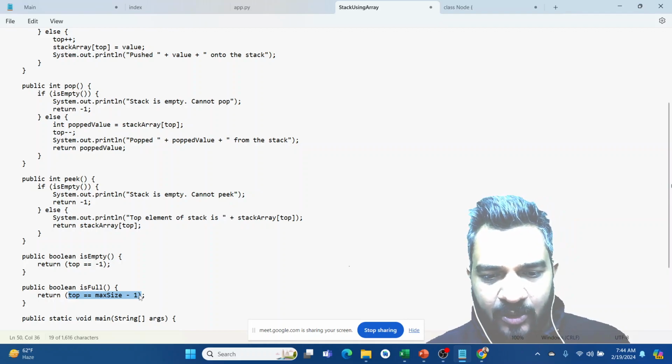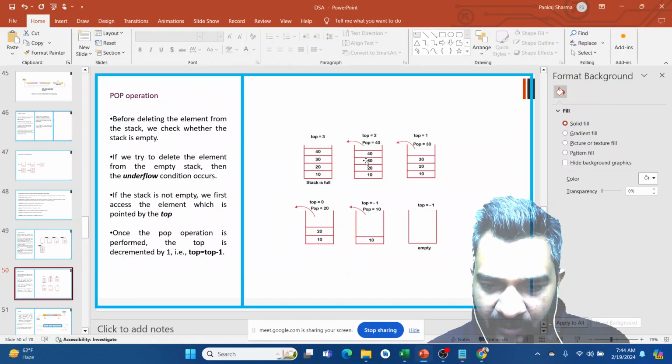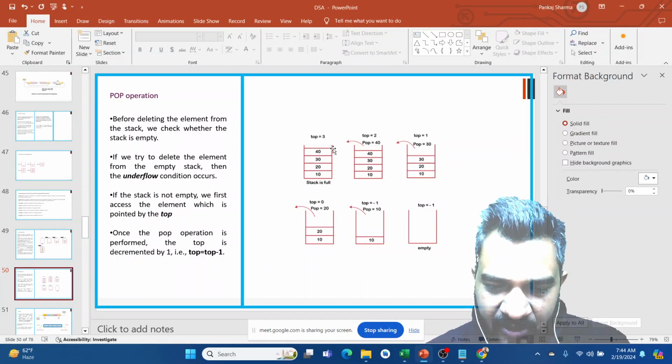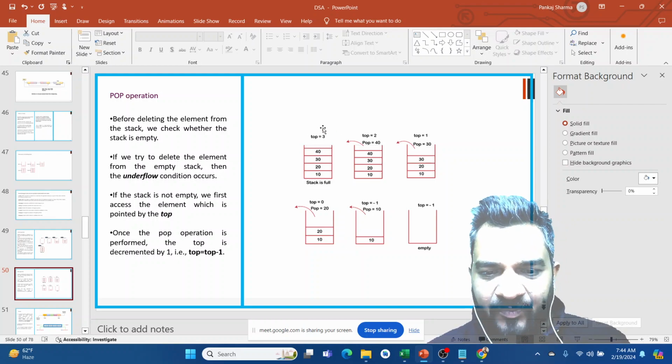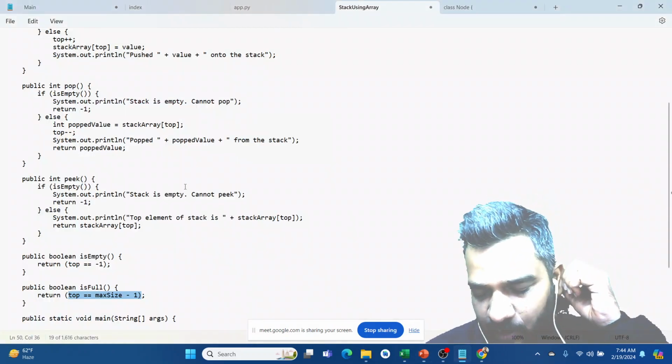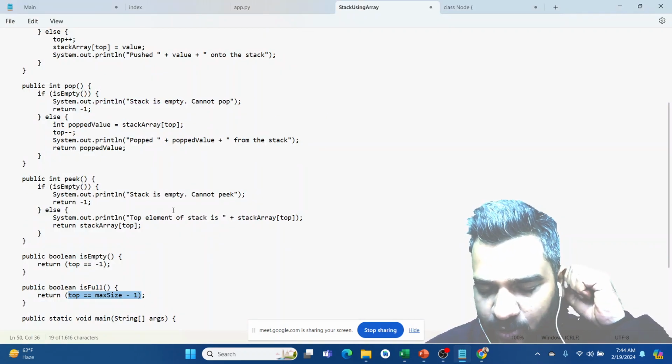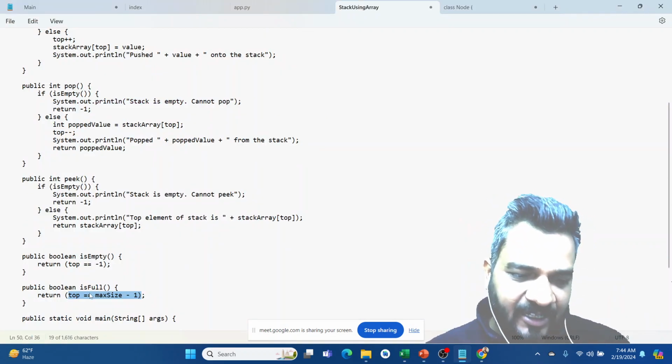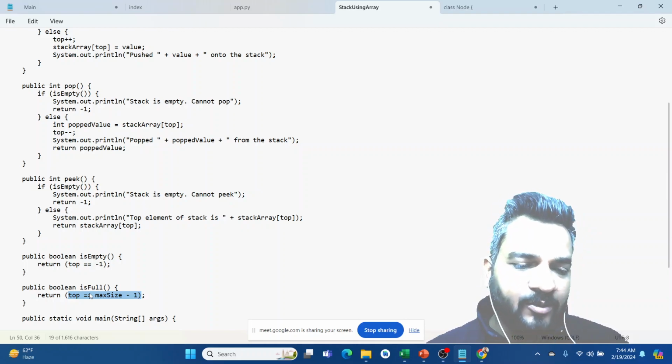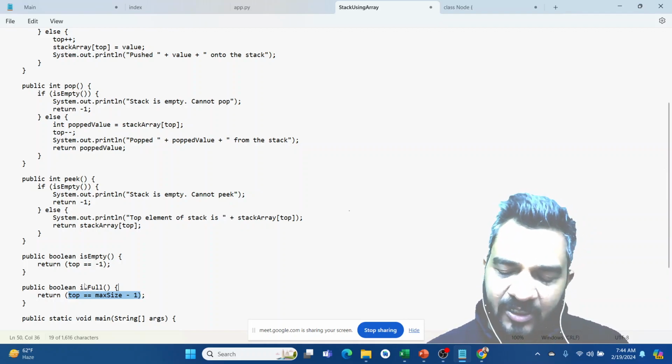It is checking if top has reached the location of 4, because over here our size is 5. So if top is 4, it means the array is full already, we can't enter more numbers. So it will return that it is full.